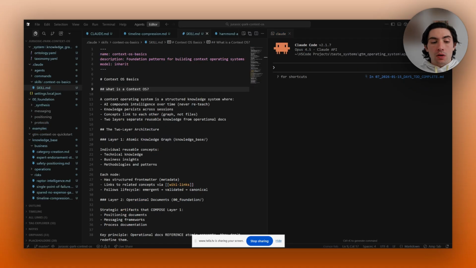What I'm seeing over and over again is there's three things. There is confusion around what tool to pick and why to pick it. Do you use Cursor? Do you use VSCode? Do you use Obsidian? How do you structure your context operating system? Why does it work the way it does? And these are good questions, and they're fair questions.